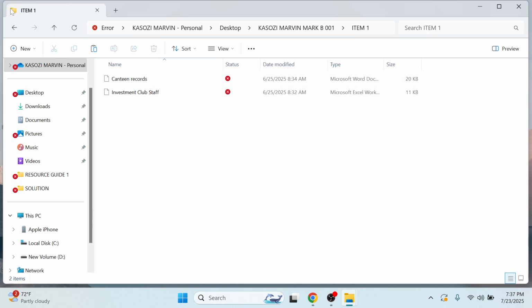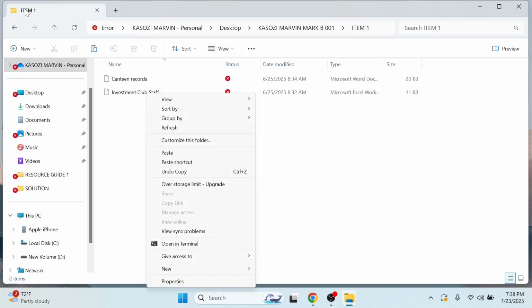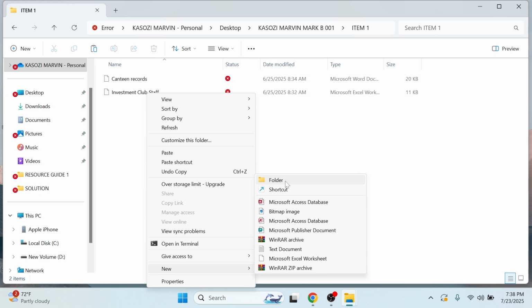You should be very careful. The subfolders you need to use should be in your working folder. You don't need to use them from the support folder that has been given to you. They should be in your working folder first, and then you can do whatever you want with them. So I'm going to create another subfolder inside item 1 and rename it